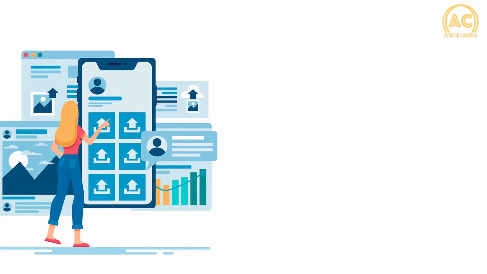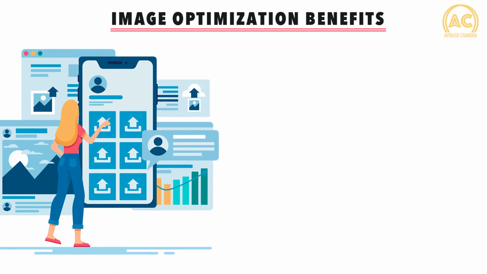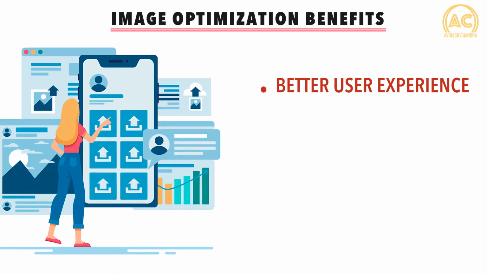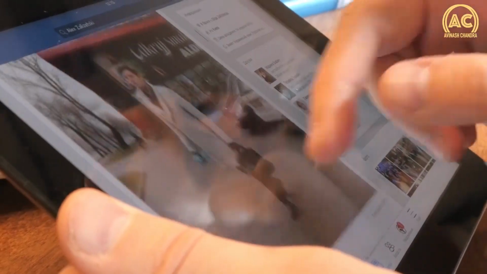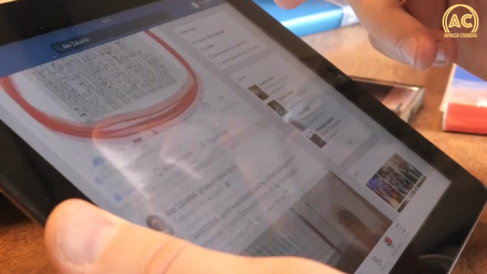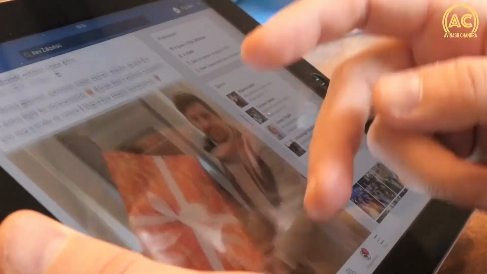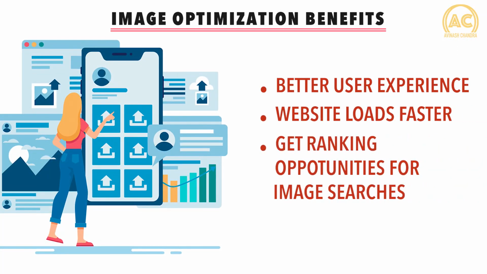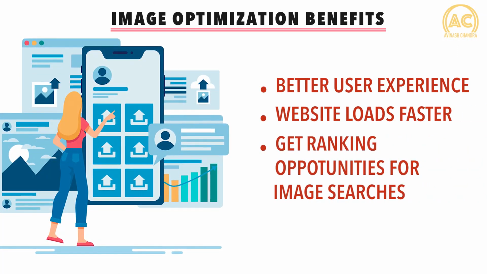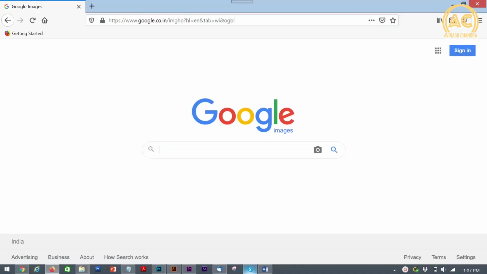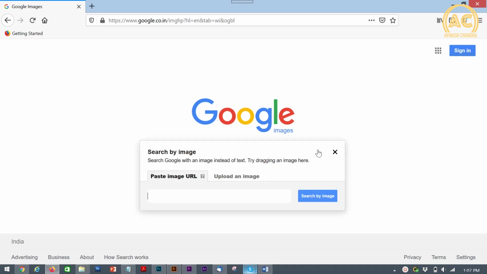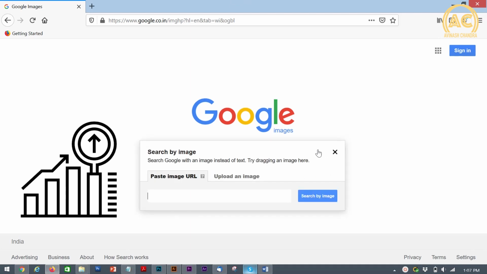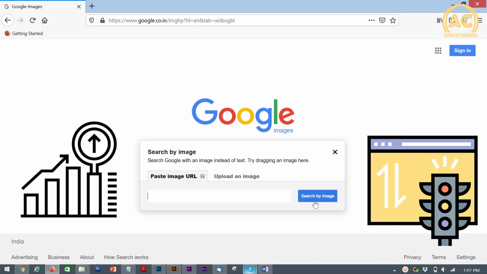Well, image optimization has several benefits. Like I said before, it gives a better user experience. So with good optimized images, your user experience on the site will be much better. The site will load faster, and you will also have ranking opportunities on image searches. In Google, if you go and check, there is an image search option. So you will be able to rank for those image search options, and you can drive traffic to your website